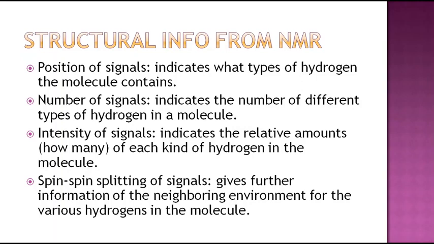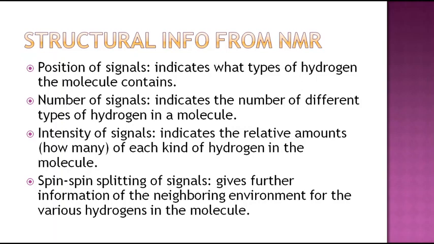And if there is only one signal, all the protons in the molecule have to be symmetrically placed in the same environment. That is very, very important. If there are two signals, all the protons in the molecule have to be split into two types of chemical environment. That information you can get from the number of signals.